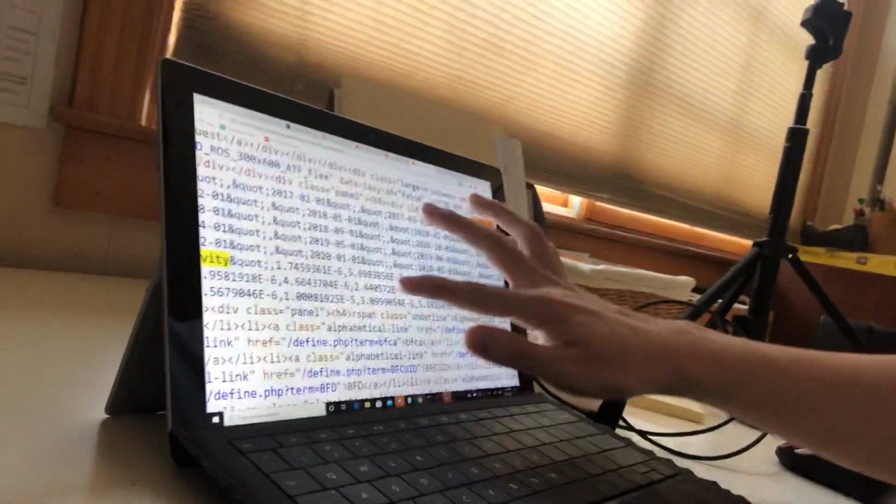Because if you go into the page source, so right-click, view page source, and look at the raw HTML, and then press Control F for the word activity. Oh, I'm mistyping it. It's hard to type with one hand. Anyway, you get all these numbers, and these numbers are the exact data points of the graph. Ooh, dang. I need to get a new phone case because I can't hold this phone very well without one. Anyway, these numbers describe the exact data points of the graph on the page.